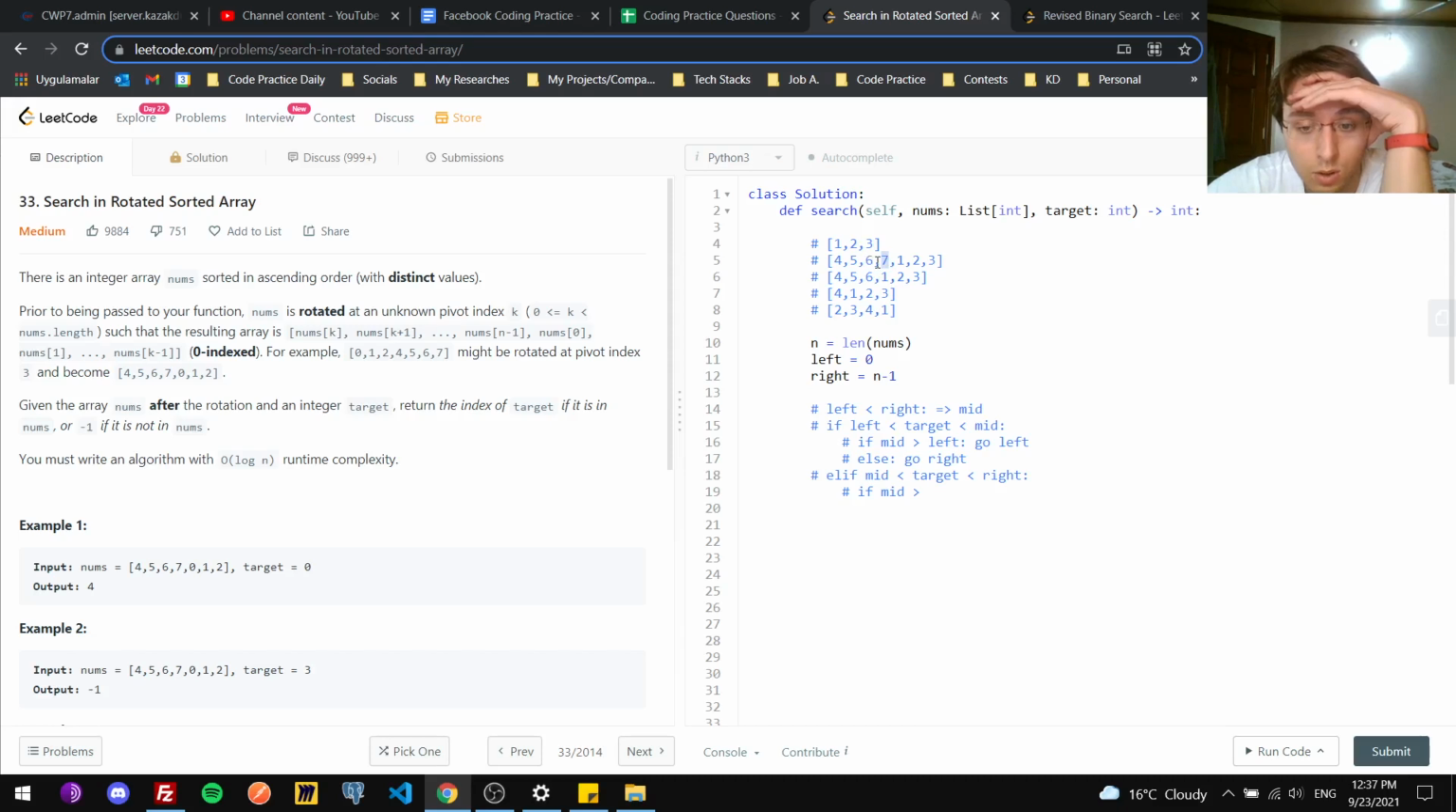So we are looking for 6 here, and now we have this case, and target is in between, and also we have the case where we have it on right. So if it is, if the target is